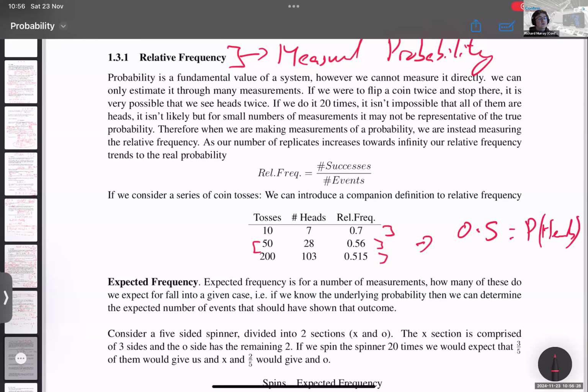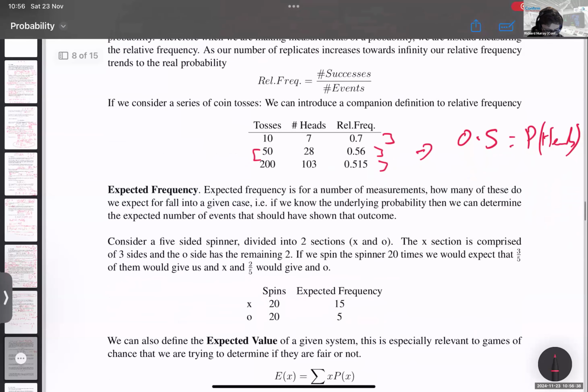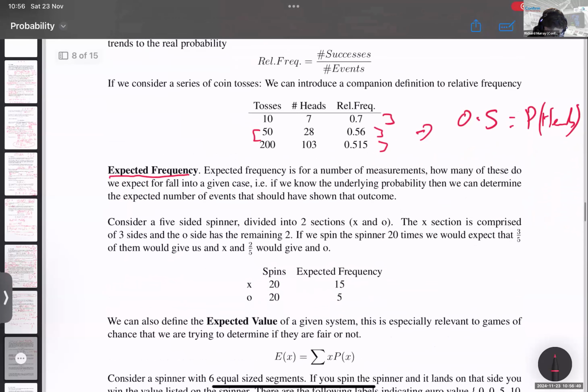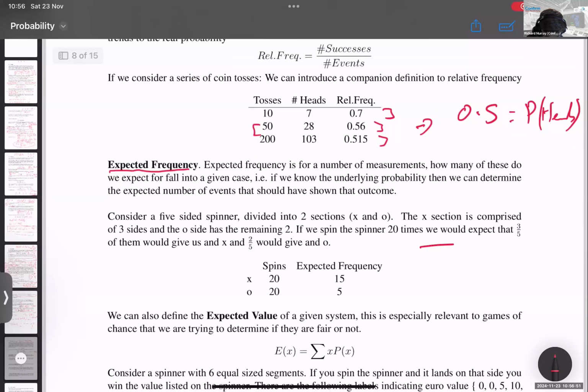So all it's saying is that with a large enough data set, we can have a good estimation for what our probability is. We can also work back from that. So if we know what our probability is, we can make a good guess on how many times we would expect a success. So if we know the probability on a five-sided spinner,